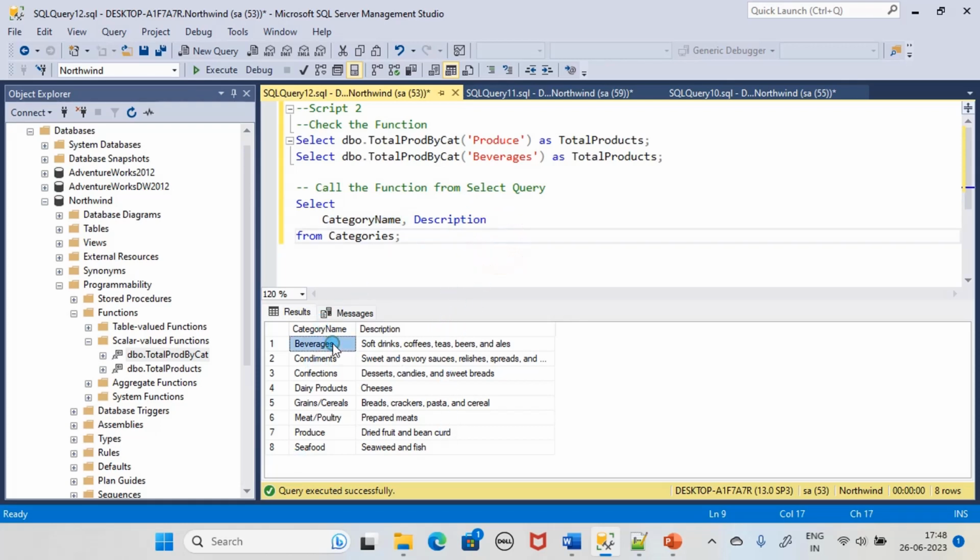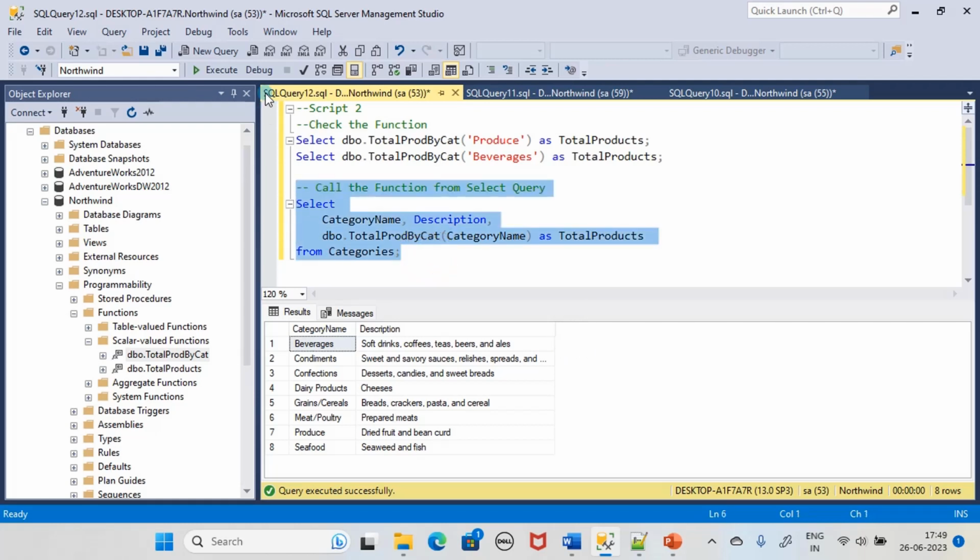Now, if we introduce the function, this category name is passed to the function and the function return value is shown here. Say, for example, the category name is displayed, right, as the first column. What happens now? We are introducing, as a third column, a function call. The function call acts as a third column, and this beverages, that's the category name, right, is passed here, and the return value is shown here as total products. Now let me execute it,